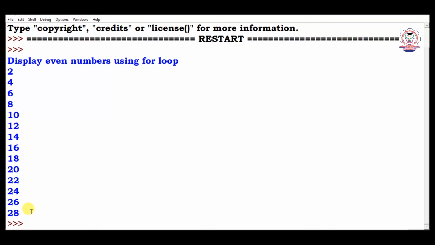The stop value must be taken as n minus 1. That is, if you give 30 it will be taken as 29. 29 is an odd number, so it stops at 28. This is an example for loop.